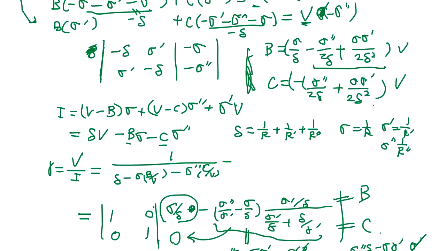So sigma is R, and we have to bring in B. Oh boy. And the C, of course that's removing a V, this V over 1. So